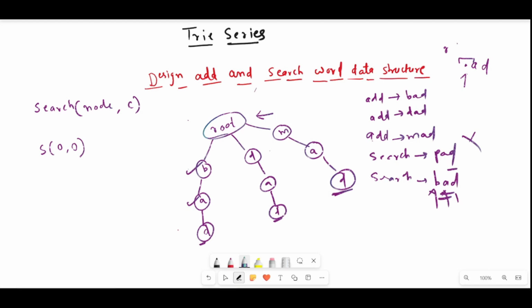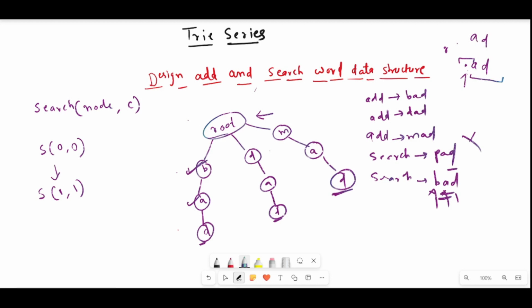So let's first choose this B, trying to put B at this position, and that means recursively calling this search function, because I found a dot, for character number 1 and node number 1. Why? Because I'm replacing this dot with this B, and what I'm saying is, starting from character number 1, which is A, till the last character